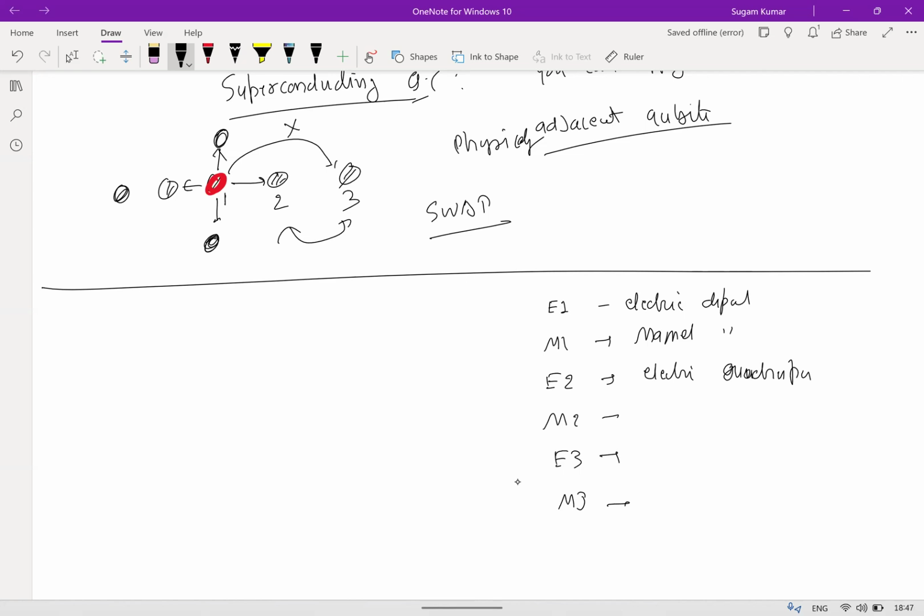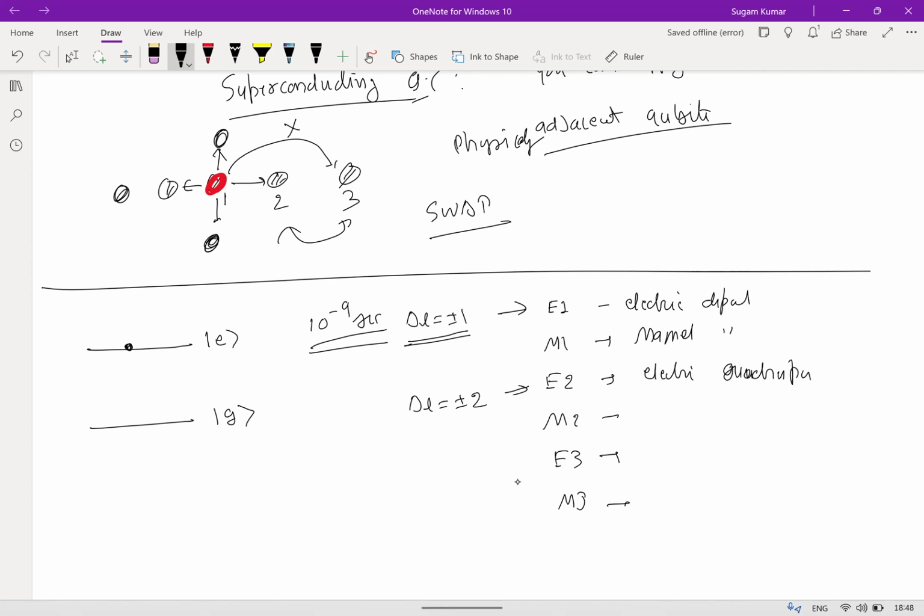This is the simplest transition, in which delta L is plus minus 1. And in this case, delta L is plus minus 2. This is the simplest transition in nature, and this occurs very fast, in the time period of 10 to the power minus 9 seconds. But let us say there is an electron in the excited state and it wants to come to the ground state. So this electron will first